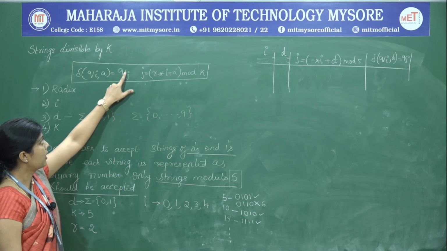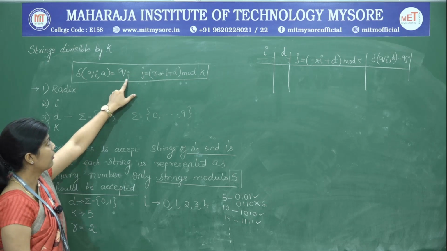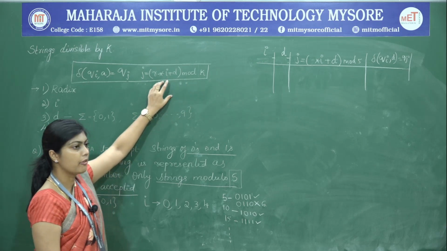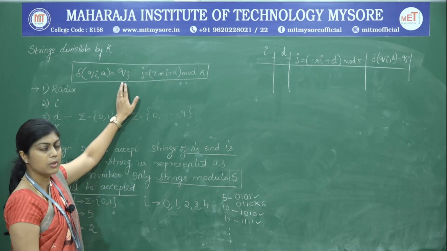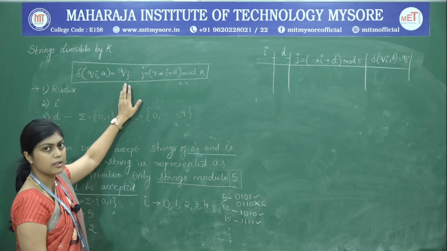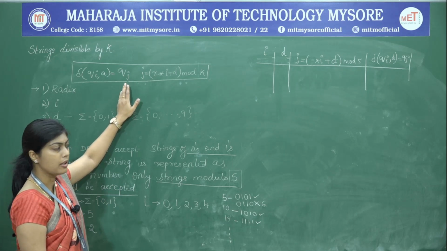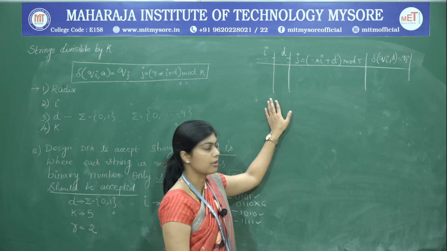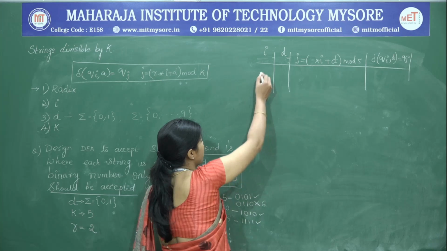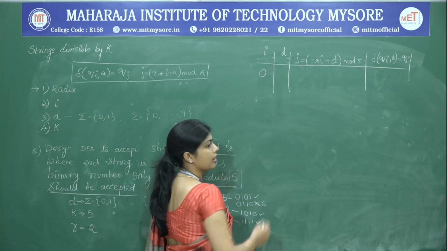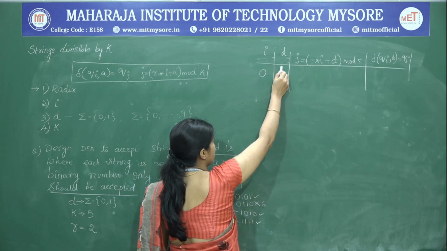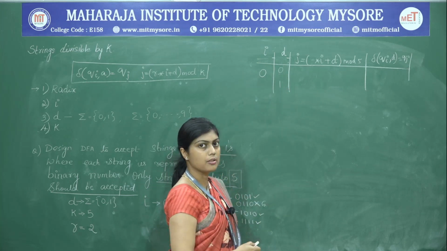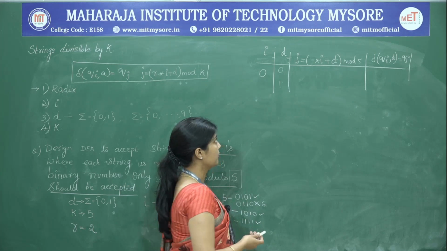In order to determine the number of this destination state, we have this relation: (R multiplied by i plus d) mod k. So we have to evaluate this in order to get the number of the destination state that we have to reach on a particular input. So we will have to draw the table here in order to find out the transitions. First we will start with the first value of i, that is 0. d are nothing but the input symbols, and in this case the input symbols are 0 and 1. We have to find out the transitions on both 0 and 1.